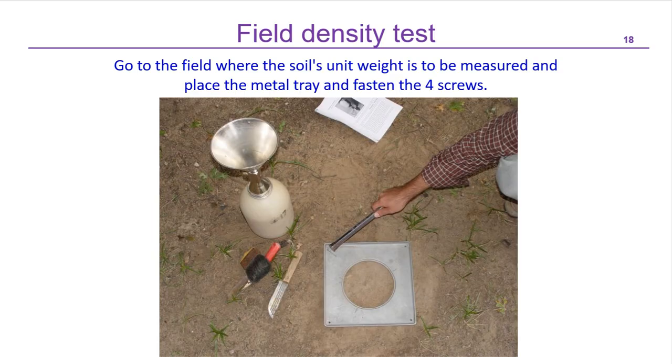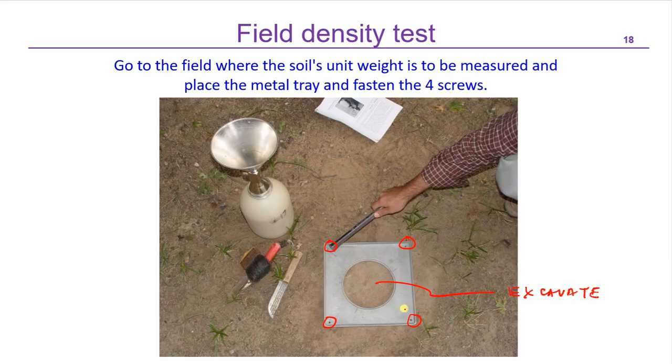Normally we go to the compacted layer where the compaction is being done, but here in the university you will go outside somewhere and choose a location where you want to do the test. Then we are going to place this metal plate, and this metal plate is secured through these four holes. Sometimes we use nails to make it fixed, and then the soil will be removed from this. So we are going to excavate